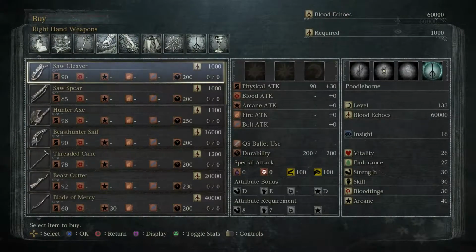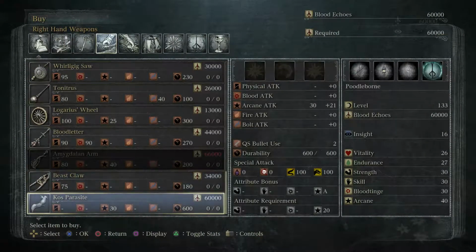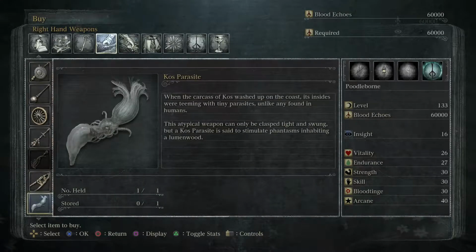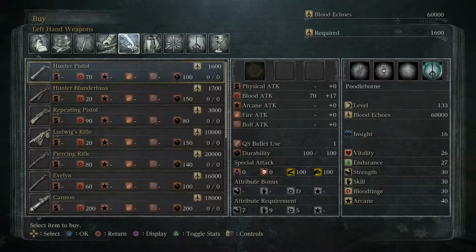Let's see, I don't think anything else is new to buy. I mean, if you want to buy the Coast Parasite, let's see, what is it? When the carcass of Kos washed upon the coast, its insides were teeming with tiny parasites, unlike any found in humans. This atypical weapon can only be clasped tight and swung, but a Kos parasite is said to stimulate phantasms inhabiting Illuminwood. So that's your hint to use the Illuminwood